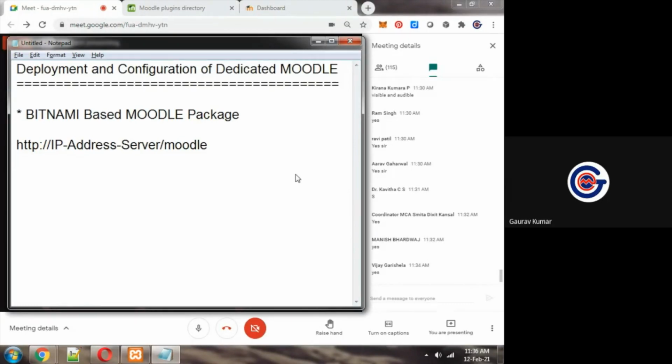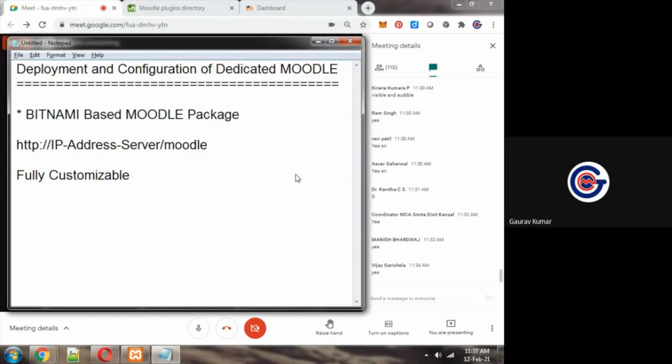If that IP address is internet based, if it is taken from some ISP, internet service provider, like BSNL or some other provider you have taken, then your Moodle server will be deployed on the internet and it will be fully configurable, fully customizable, because that Moodle is deployed on your system. It is not on Genomio, it is not on Moodle Cloud. Your laptop, your system, your server is within your control.